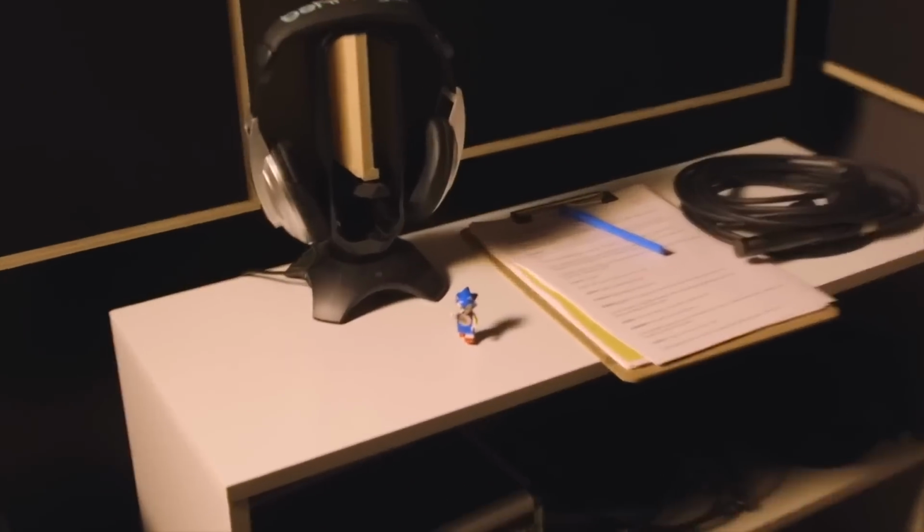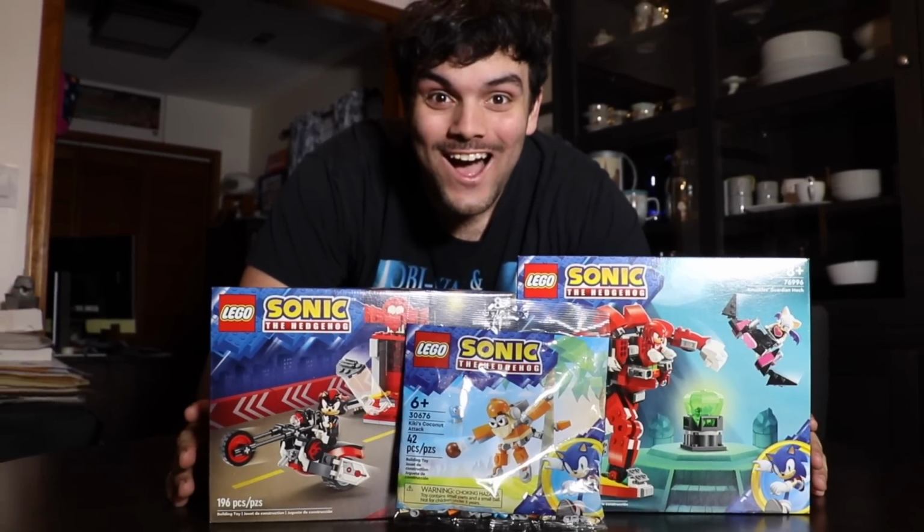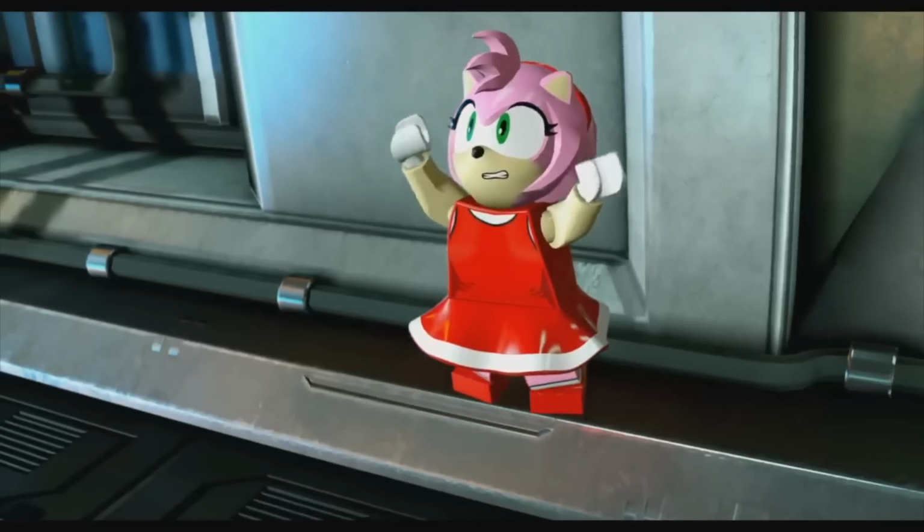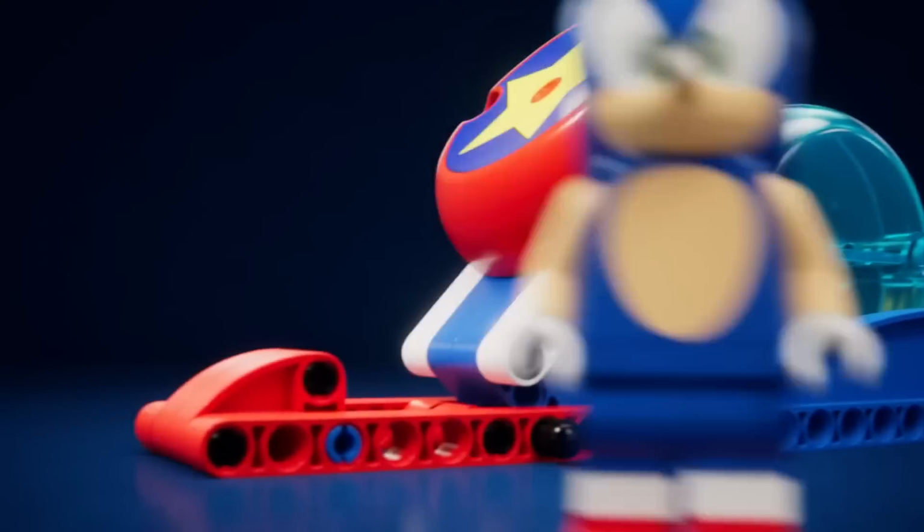It's very clear that Sega and LEGO are all in on this partnership together. All of these sets have been amazing so far, and I can't wait for Wave 3 this summer. And if that wave can continue the trend that Wave 1 and 2 have started, then the future of LEGO Sonic is truly going to